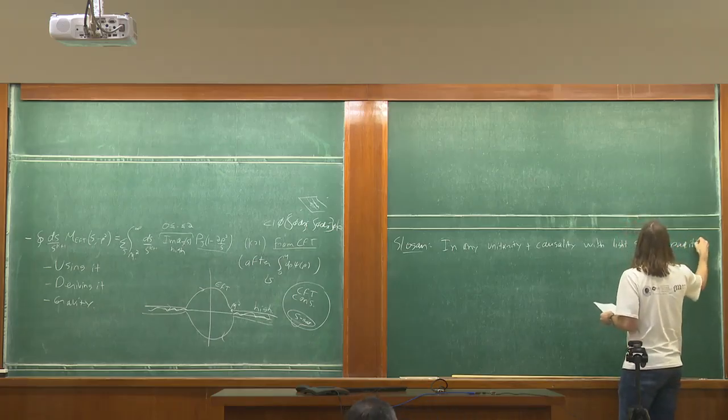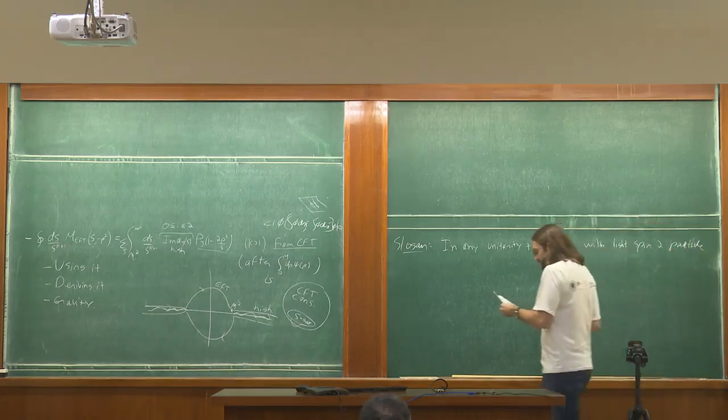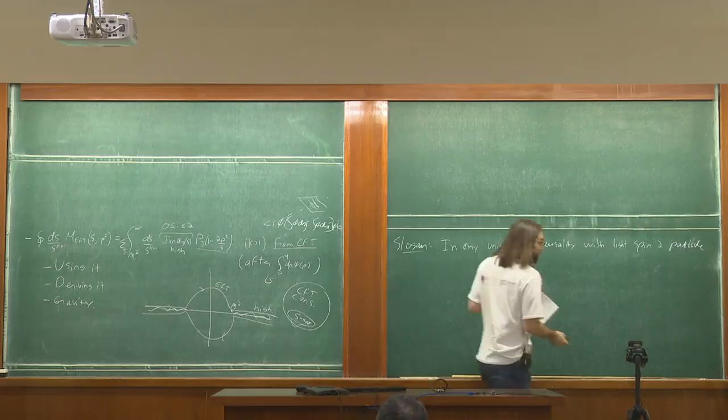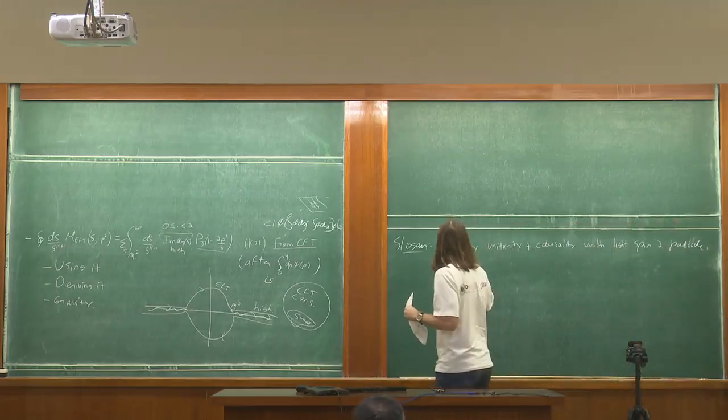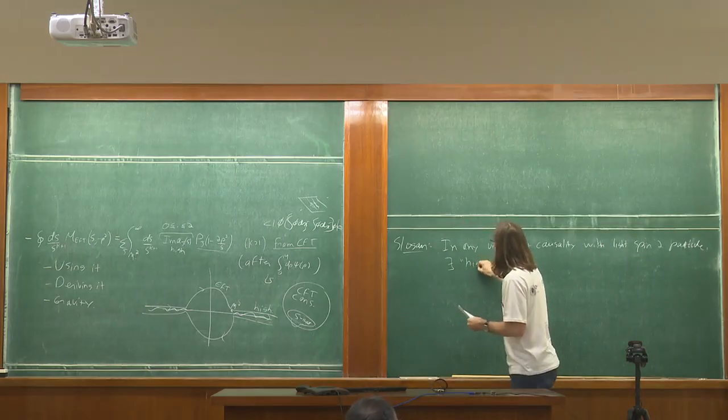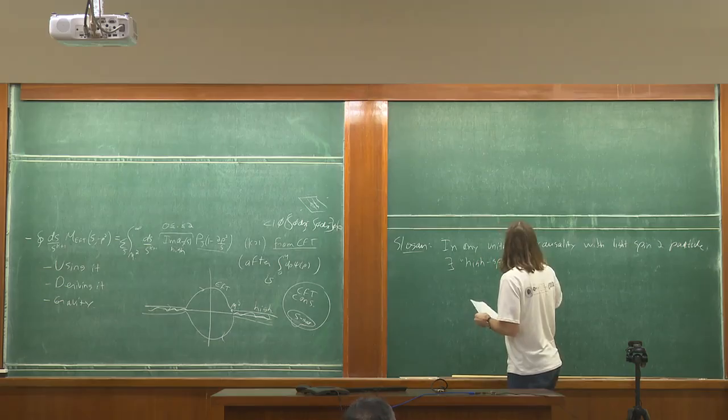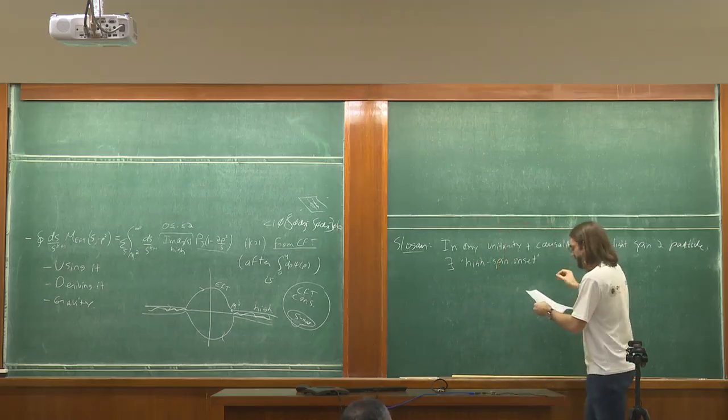Or excitation. In any such theory, there will be an important scale. There exists a scale, which I will call the scale of higher spin onset. Let's call it that, basically, which is such that